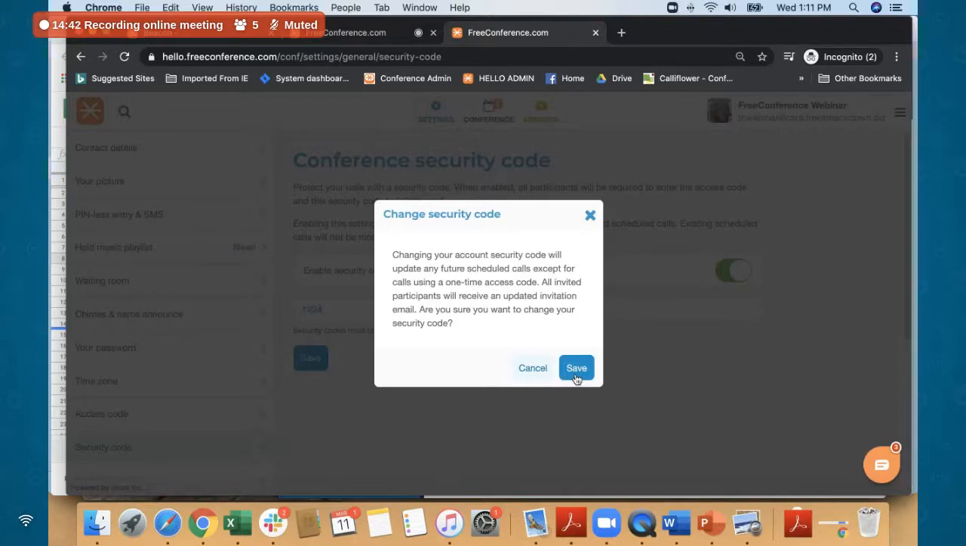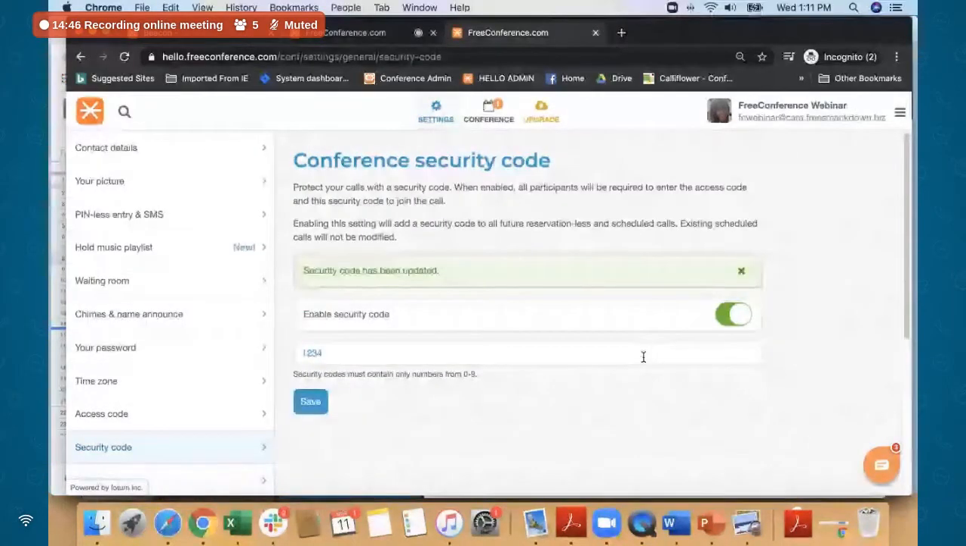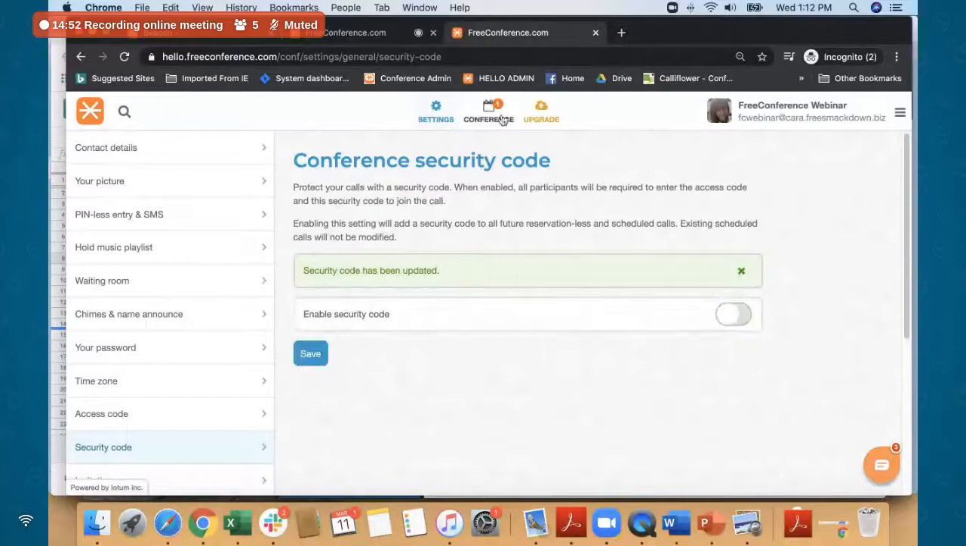And if they are joining online, they'll still have to enter that code. So that just allows you that little bump in security. The other way that you can